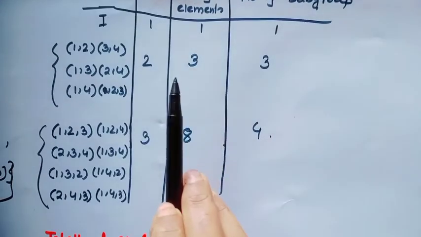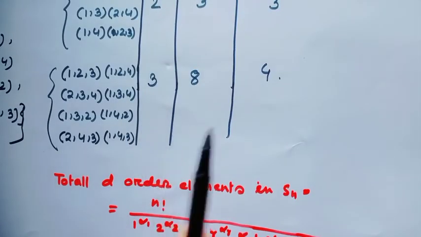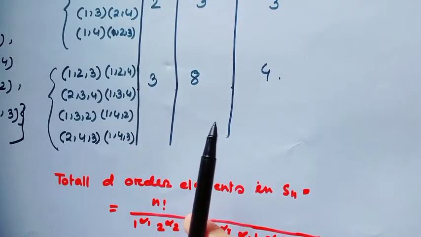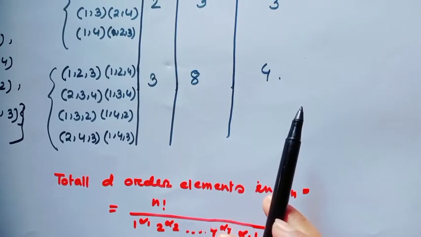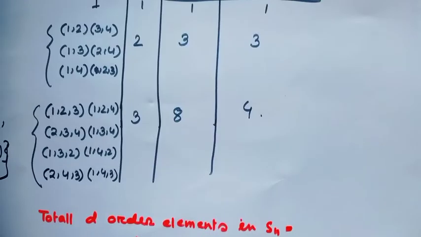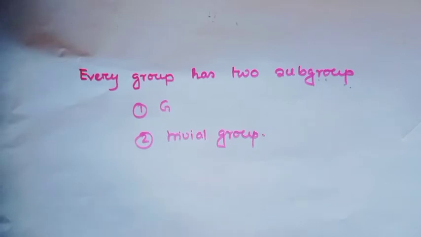The number of subgroups of order 2 in A4 is 3. And the number of subgroups in A4 of order 3 is 4. Please find it on your own. Okay. By using an object called a coset, we can create simple rules that narrow down the possible